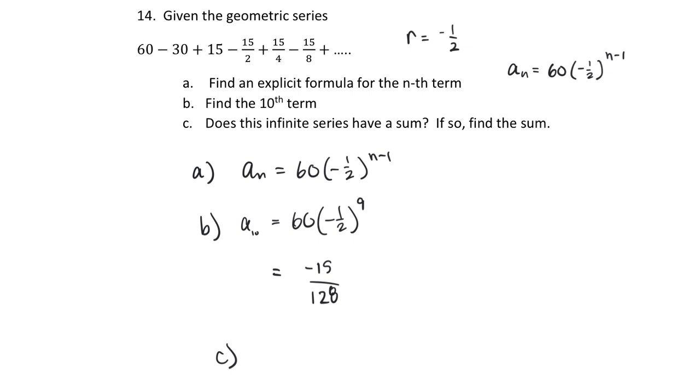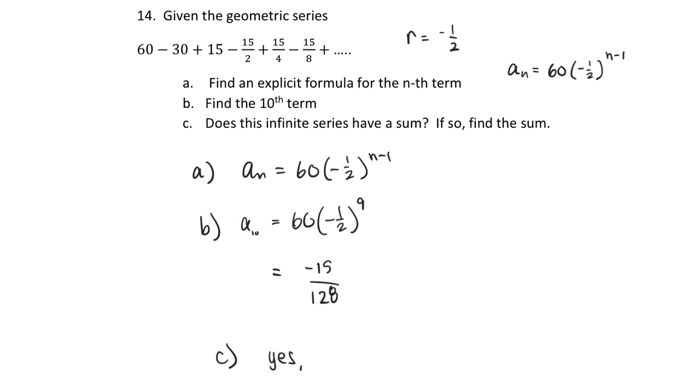And then part C, does this infinite series have a sum? It's infinite because it's continuing to either add or subtract out to infinity. So it's an infinite sum. And in class, we talked about that there is a sum of an infinite geometric series as long as the common ratio, r, is a value that's between -1 and +1. So if the common ratio r is between -1 and +1, which in this case it is, then the infinite sum does exist. So for part C, yes,